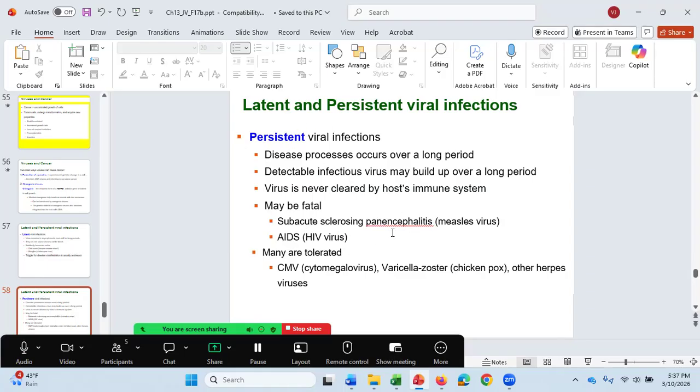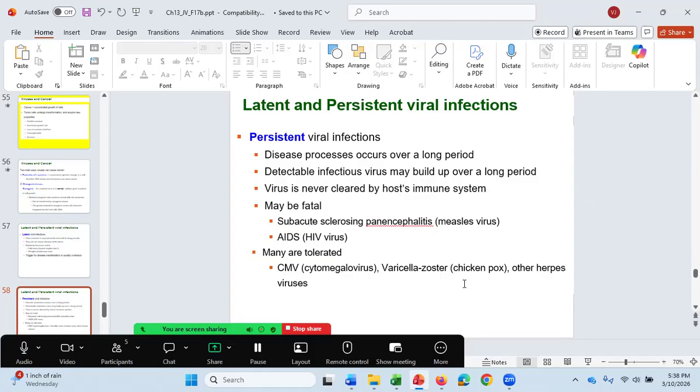Another example is the measles virus causing subacute sclerosing panencephalitis. This can be fatal, and it tends to get worse over time, where initially the virus is very mild. The signs and symptoms are very mild, but it tends to build up with time. And then with this one, it can be fatal. But persistent viral infections do not have to be fatal. They can be tolerated, like cytomegalovirus,